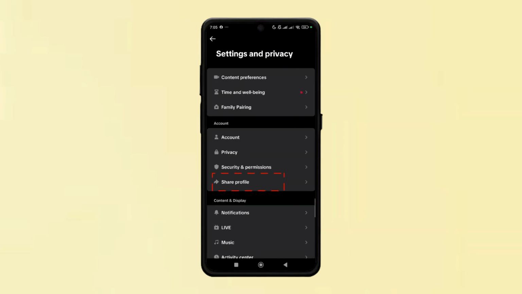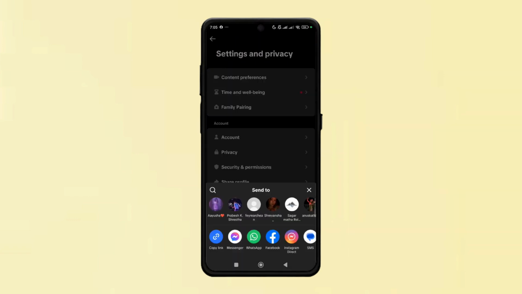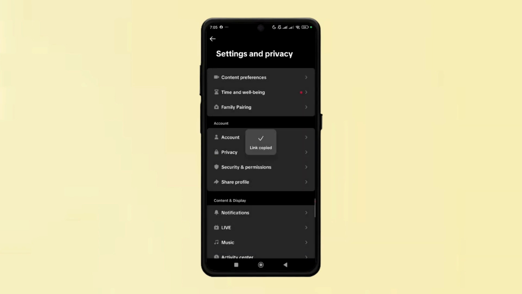Next, look for the Share Profile option. Then click on the copy link to copy your TikTok profile link. After that, switch over to the Instagram app